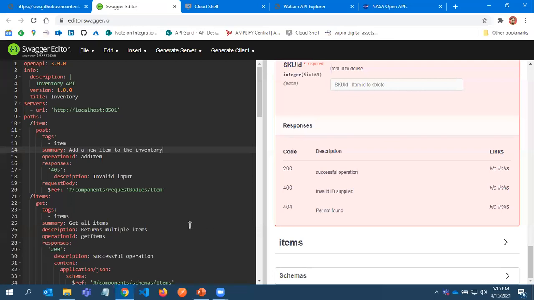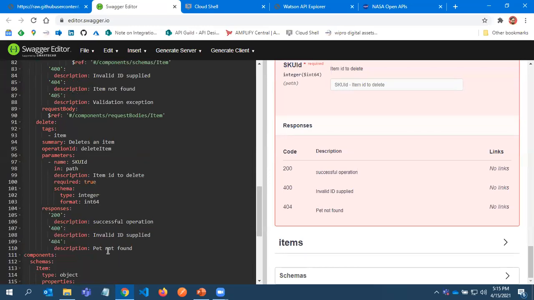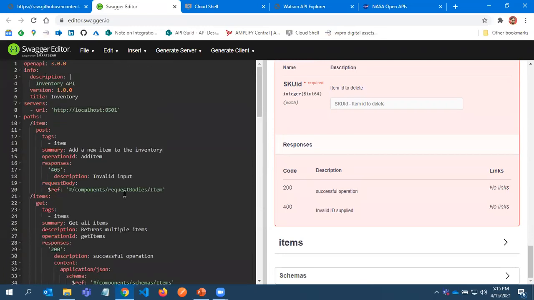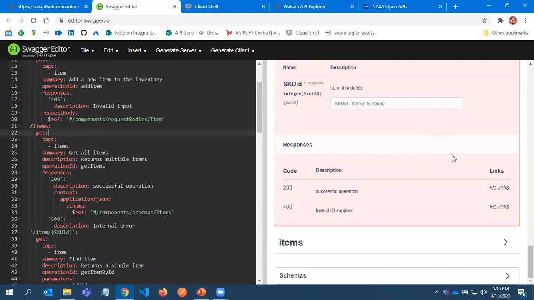This is for item, so I think this is a mistake. I have updated, copied this from the pet store example. So basically, 200 is successfully deleted, 400 means invalid ID, or you can give 404 also. So whatever you decide or define here, it will be shown here. So you see these items, GET is here,